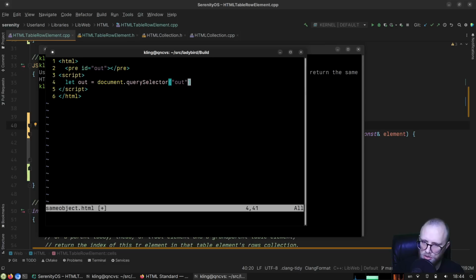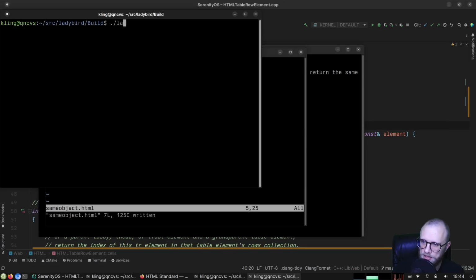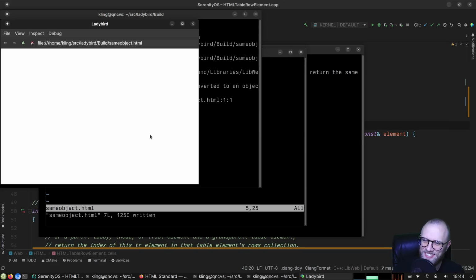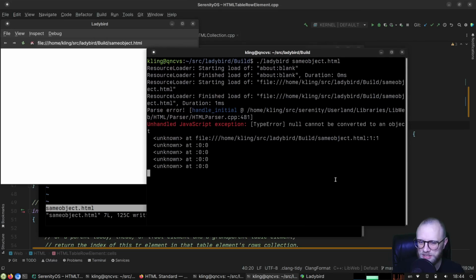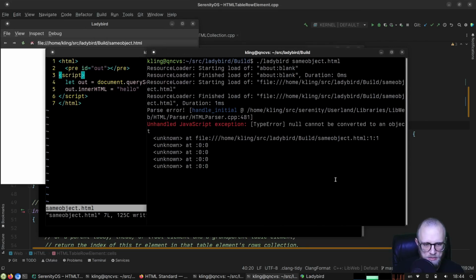Let out a scream, no, a query selector call. Out.innerHTML is going to be, wait, what do we actually want to put here? Okay, let me just verify that I can do this much. Okay, that didn't work because,